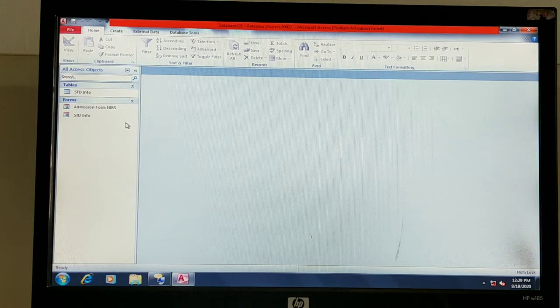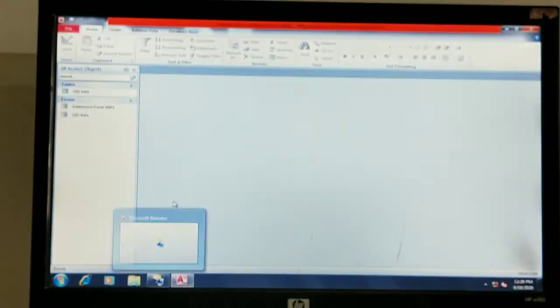We discussed how to make the forms look beautiful with the different tools we used. So today we'll see one more object in MS Access database, that is report.